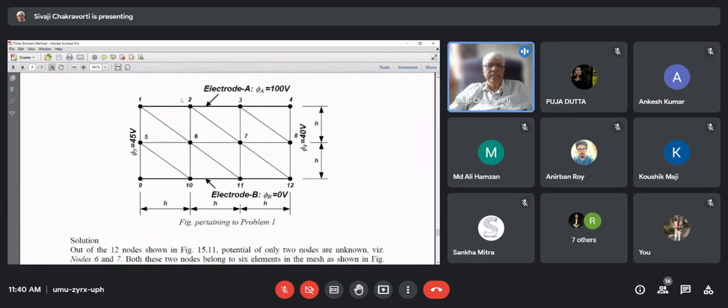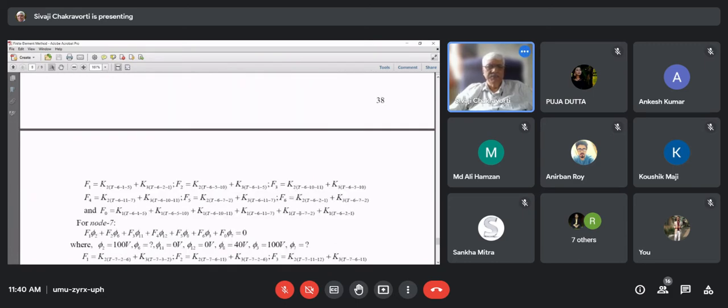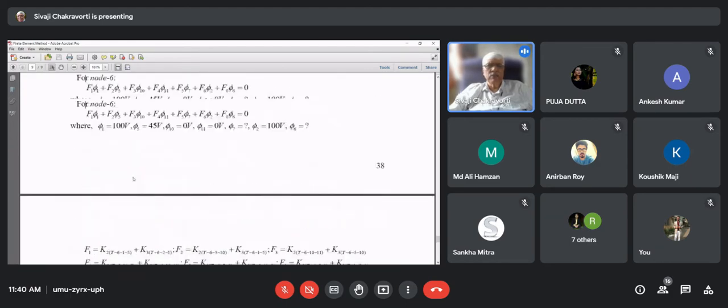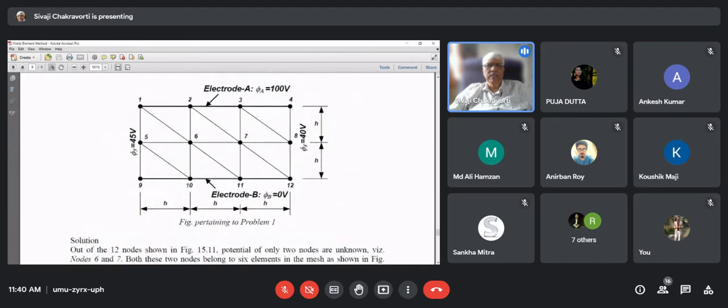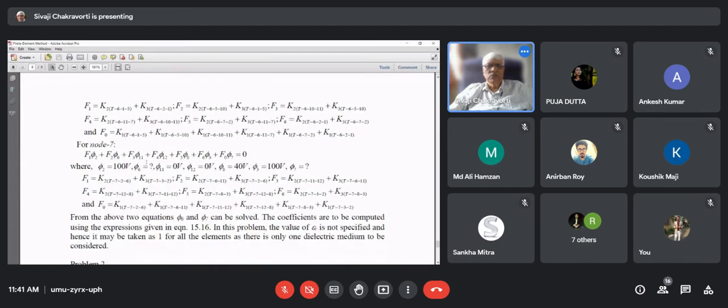And the potentials are as per the configuration given on your screen at the bottom. So you can write the coefficients. And of course, the coefficients will come in terms of the coordinates. Since h, h, h is already given, and if you consider an axis, you can get the values of the coordinates, and then straight away you can write it. But that is not so important. That is in fact basic algebra which you can do.